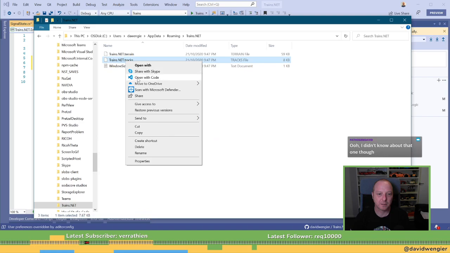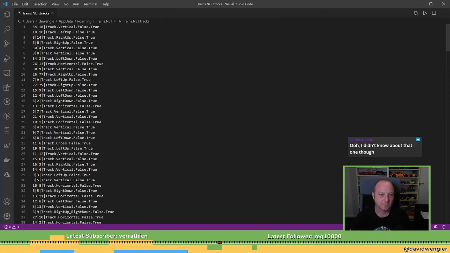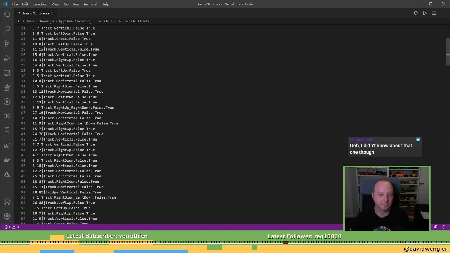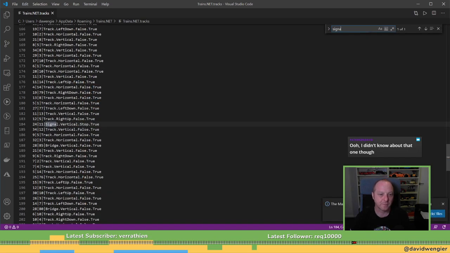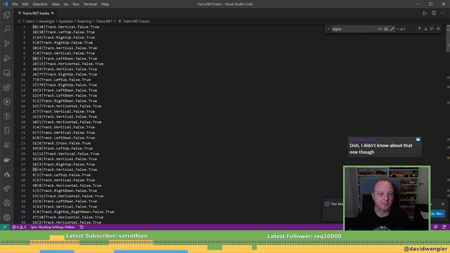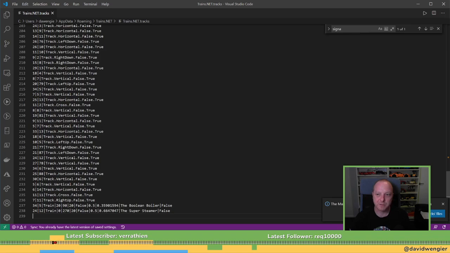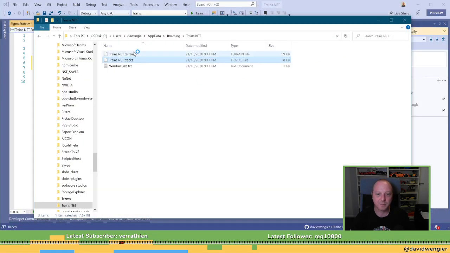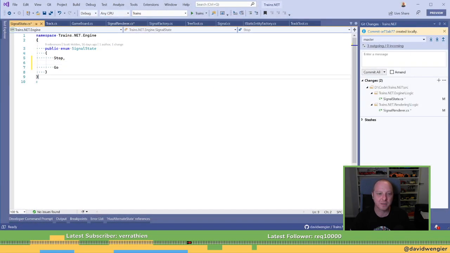And trains. Whoa. Yeah, we serialize names. Somewhere in here is a signal. Stop. Did we put terrain in here? No, we still need to fix terrain because that's a big file. Oh, I still need a game seed. Oh, so much work to do. Okay, so this is stop, go, and this is going to be temporary stop.